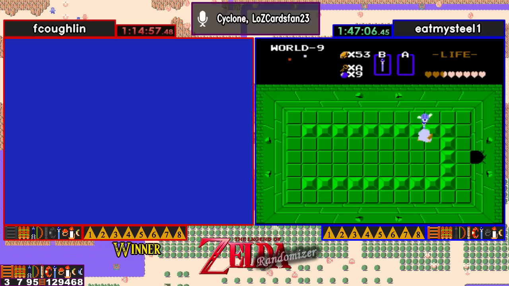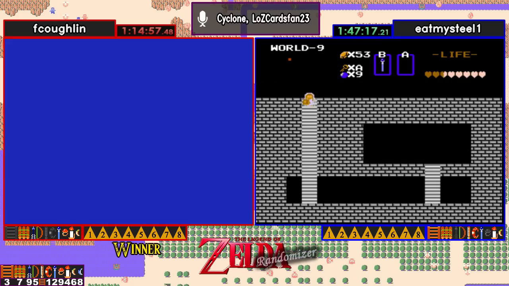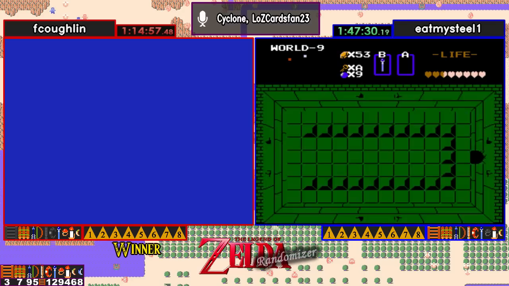Yep. Takes down the last head of the Patra, now just has to finish him off, and there he goes. So that's a staircase. Mm-hmm. I think that's a transport. Well, let's see if you remembered correctly. Oh, no! I did not. That's the silvers. Okay, I forgot it was the silvers. That is the silver arrows needed to kill Ganon. So eatmysteel finding the silvers faster than Fred did. So it just goes to show that if...